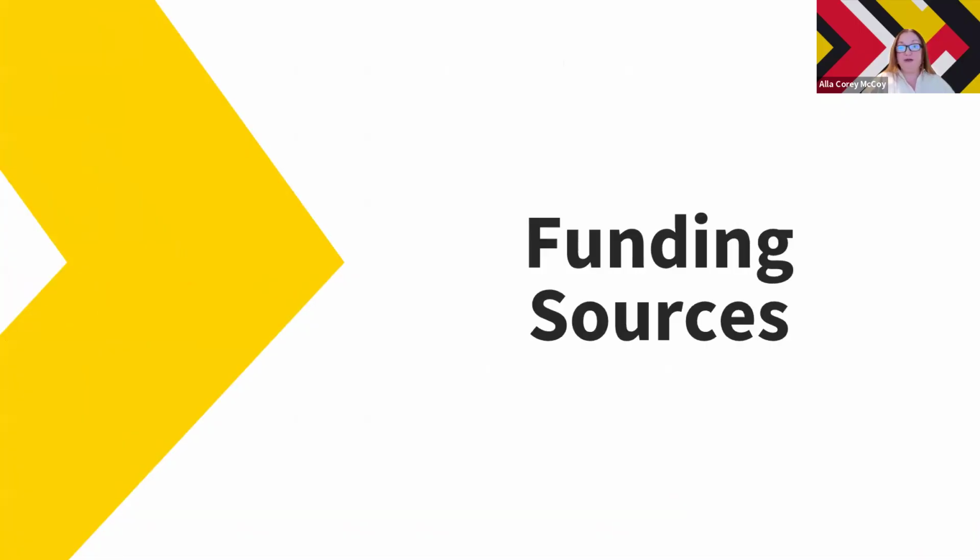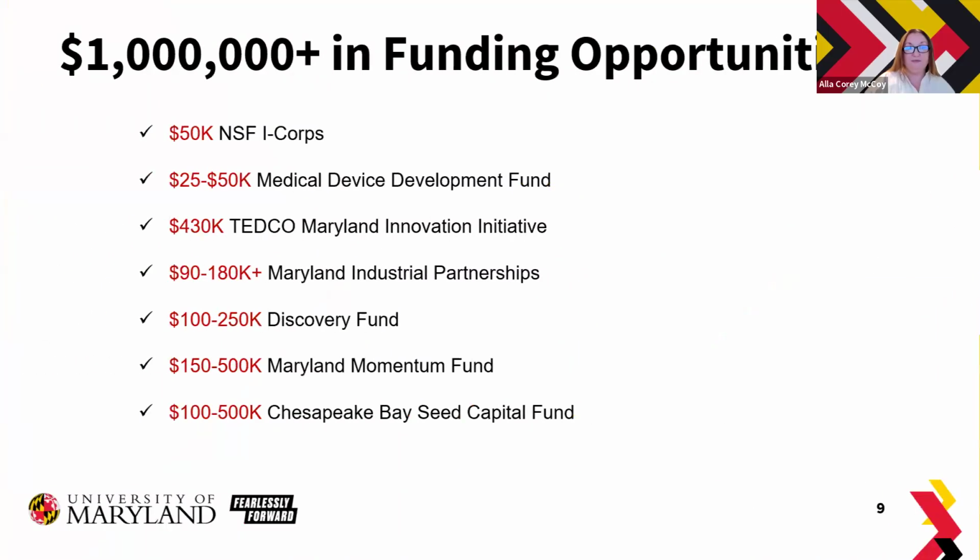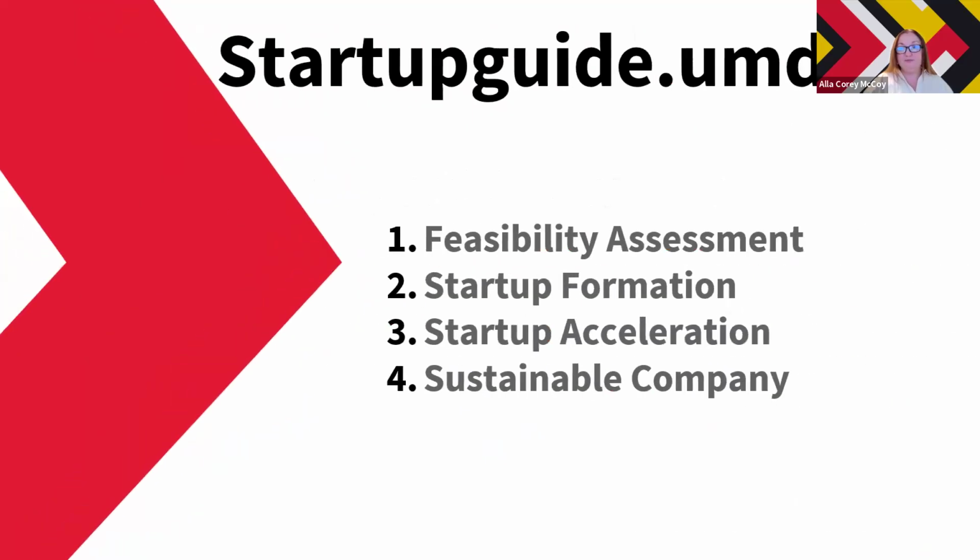So now that you are familiar with major different funding types for startup financing, let's discuss specific funding opportunities available to startups at the University of Maryland and the state of Maryland, because obviously that's what you are here for. So we're not located in the Silicon Valley where VC funding is aplenty. However, the state of Maryland and University of Maryland startups have access to over $1 million in funding, and that's not even counting SBIRs and STTRs. And we'll go over these opportunities individually.